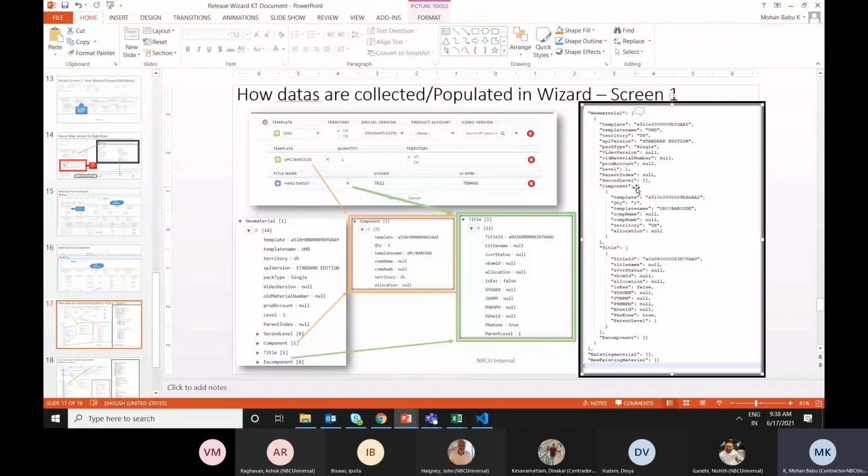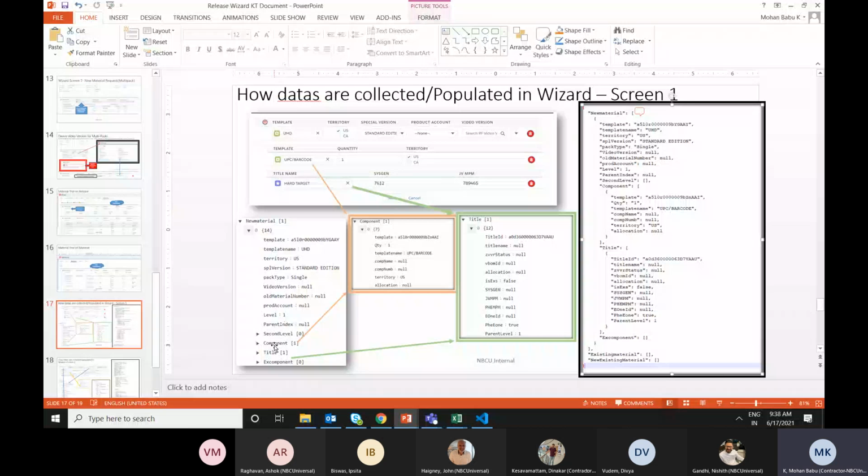And we have the title. The title, again, is an array of elements. If you see in the first row, we are collecting the template name, that is UHD, and the template ID, and territory we are getting, and the special version product account we are getting. Okay, and these are the details we are getting.